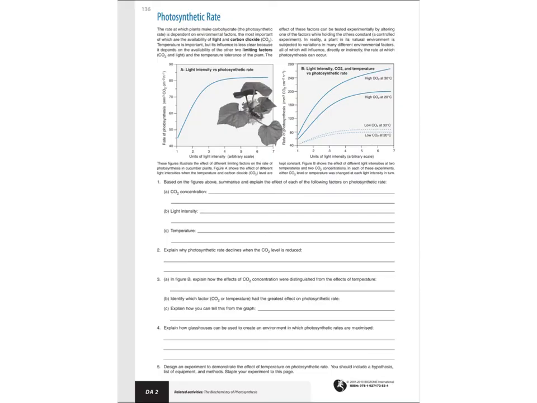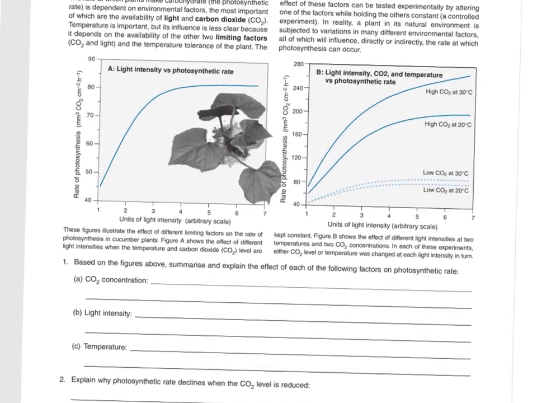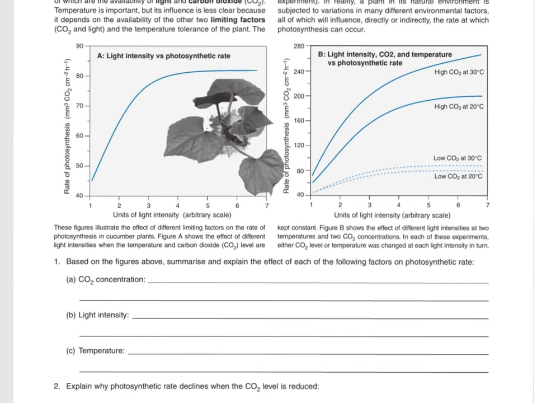That's a classic chart. Here's photosynthetic ability. As light intensity increases from 1 to 7 lumens, it's some kind of scale, whatever it is, your rate of photosynthesis does what? Increase. And it looks like they're measuring rate of photosynthesis by how much CO2 is being used, right? So you see it increases as you increase light. That makes sense. Light intensity, CO2 and temperature versus photosynthetic rate.